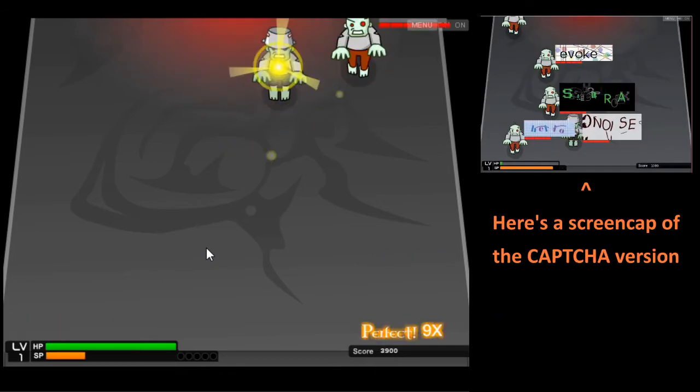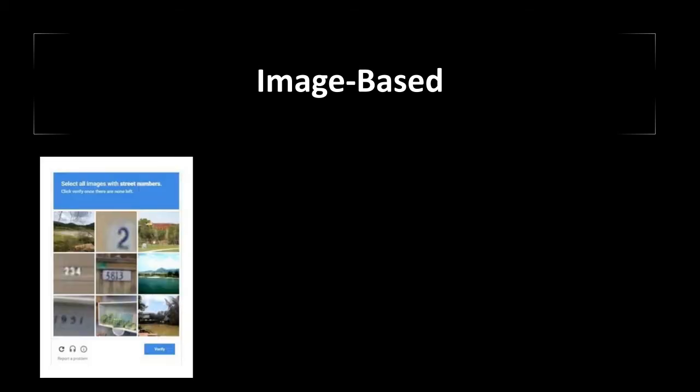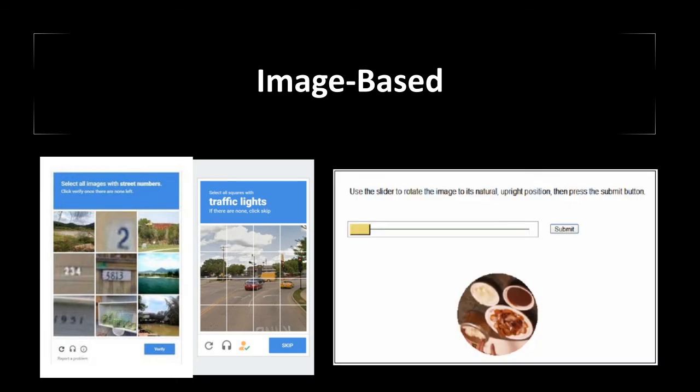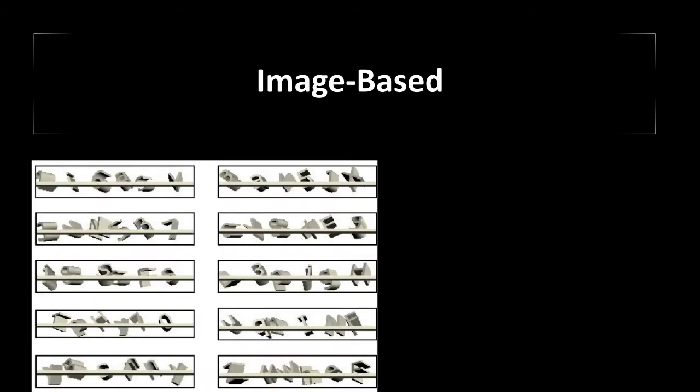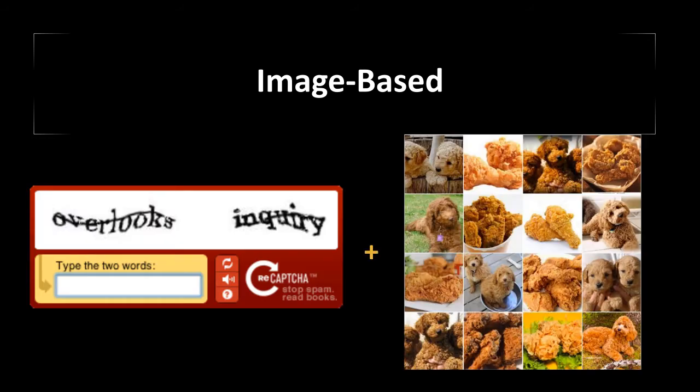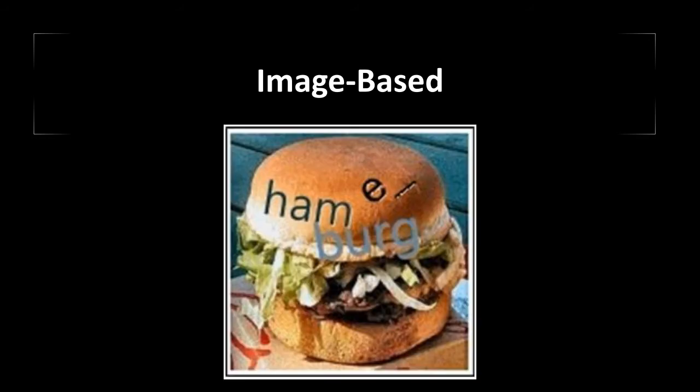The next type of challenges are image-based, which covers a fairly wide range of tasks, from selecting only specific images or specific parts of an image, to rotating an image to its upright position. Some of these CAPTCHAs even play on text-based challenges by modifying them in different ways. One proposal uses 3D models for its characters and adds a drag-and-drop scheme. This provides strong defenses against attacks from OCR software, as they by themselves are unable to perform these actions and so require human intervention.